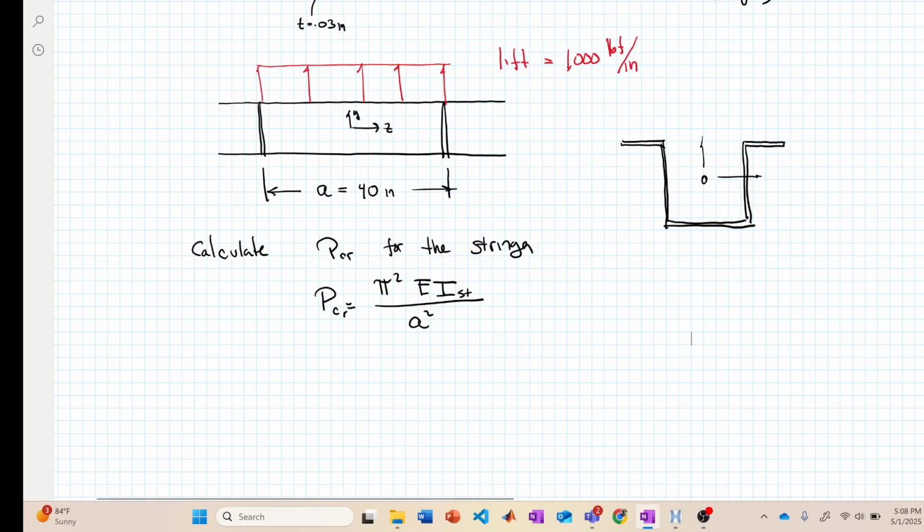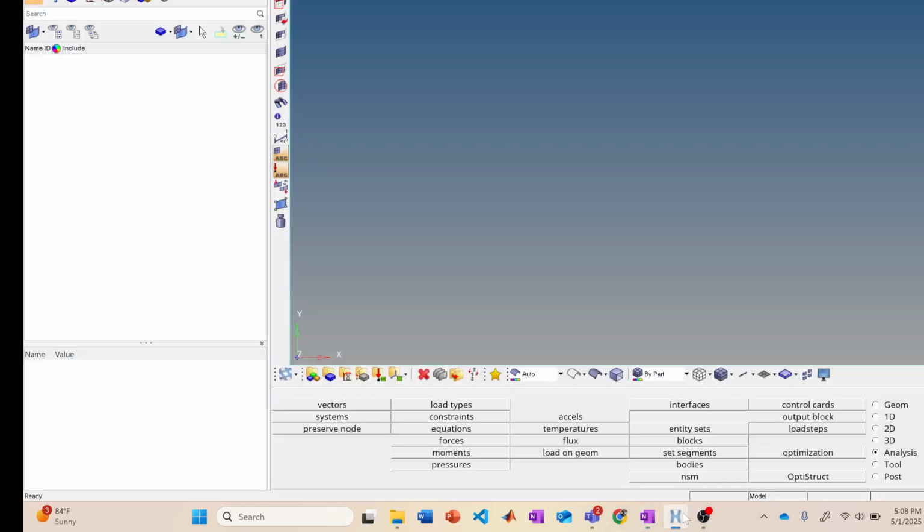So it's actually quite helpful. So I've started Hypermesh here, and what we're going to do is go into Hyper Beam View. So over here on the left, with all these other icons, we can go into Hyper Beam View,